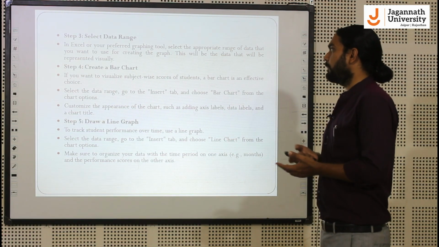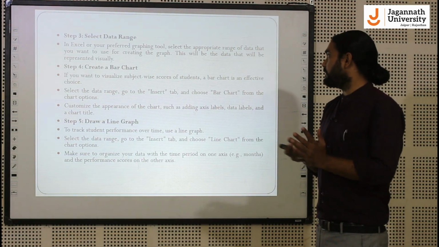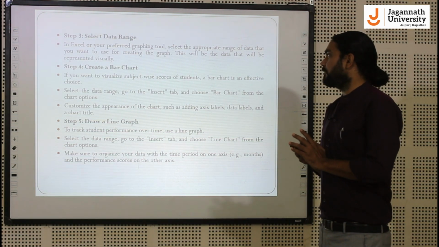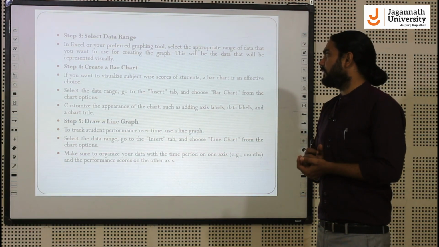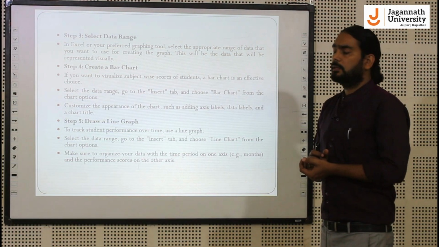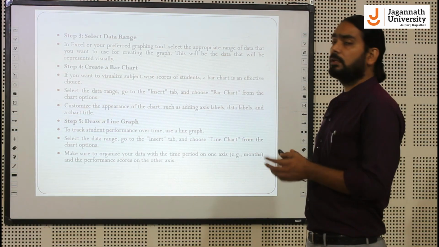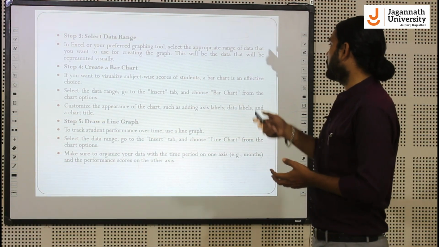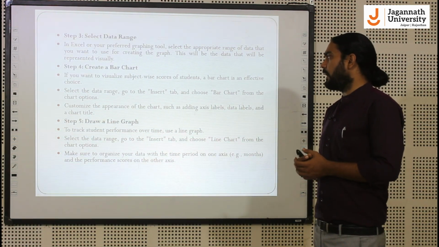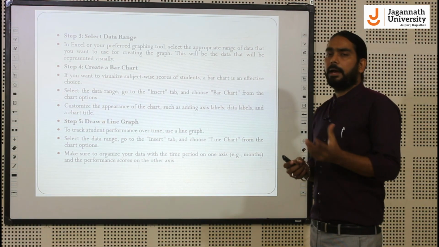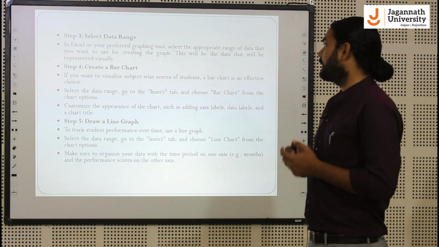If you want to visualize subject wise scores of the students, a bar chart is an effective choice. Select the data range, go to the Insert tab and choose the bar chart from the chart options. Customize the appearance of the chart, such as adding labels, that is the x-axis, y-axis, data labels